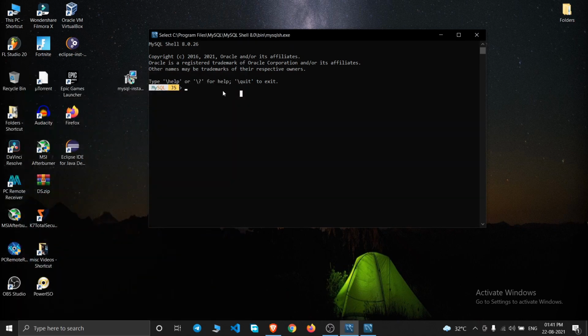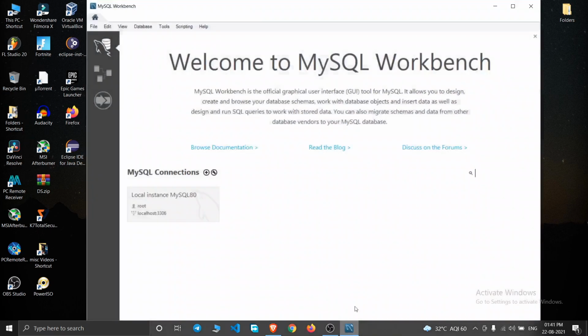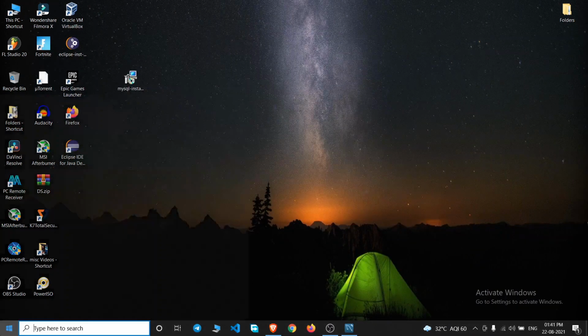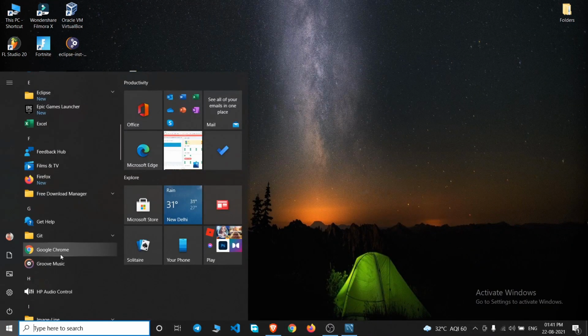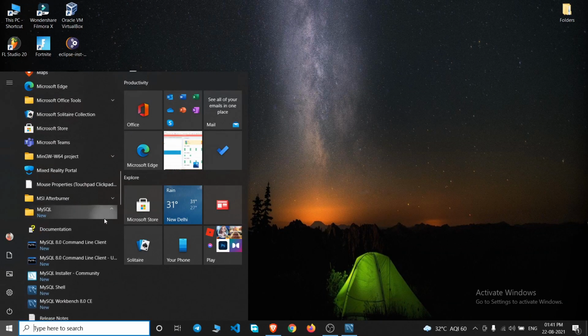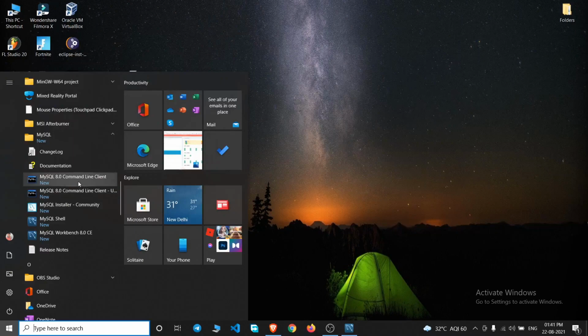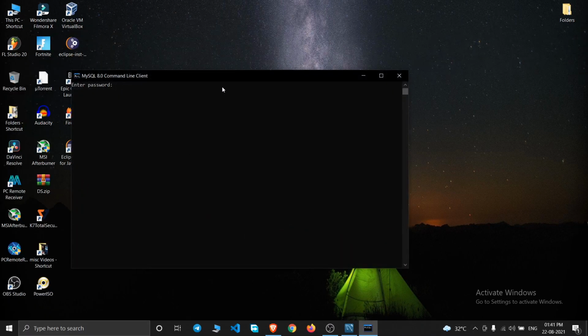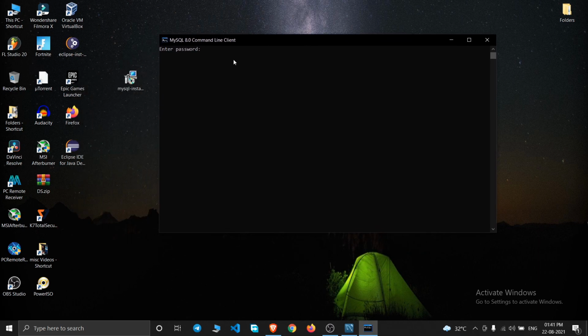In this, we don't have to do anything. We can just close this up, and this is the workbench. For now, we have to connect to our MySQL server. For that, we can go to our MySQL folder and search for MySQL Command Line Client. You just have to click on this and it will ask for your password.